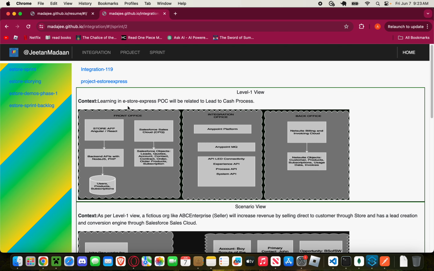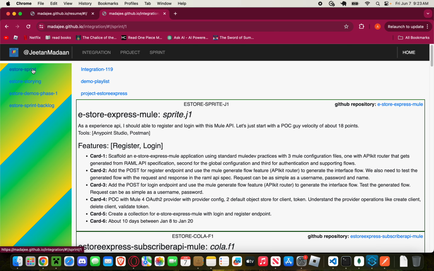We'll click on this lead to cache, which will take us to this level 1 view. We understand this a little bit from the prior video, that there are two channels, store and Sales Cloud. And in the prior couple of weeks, I'm trying to focus on this, learning a bit on Salesforce and integration with Sales Cloud. And then we go into this sprint link,